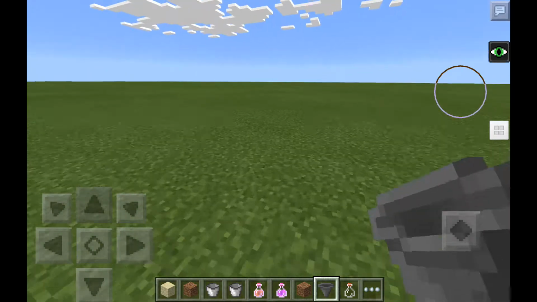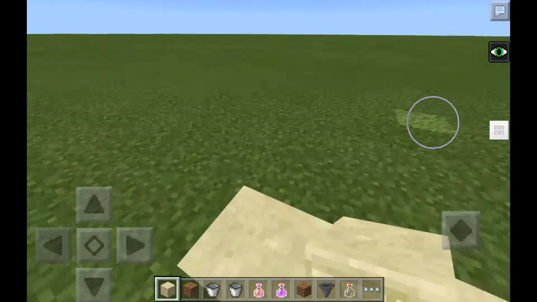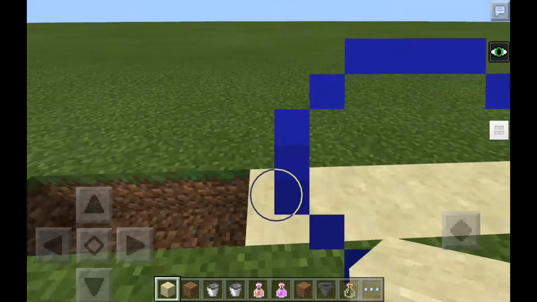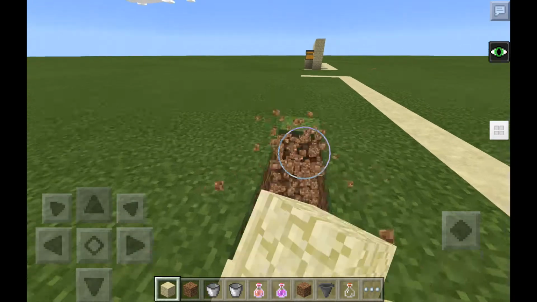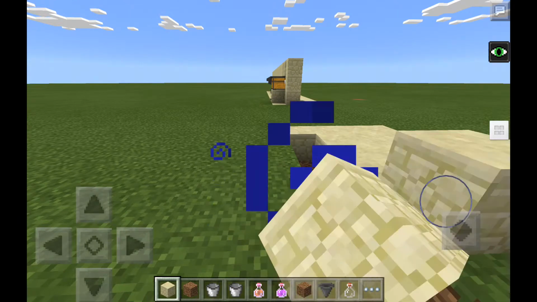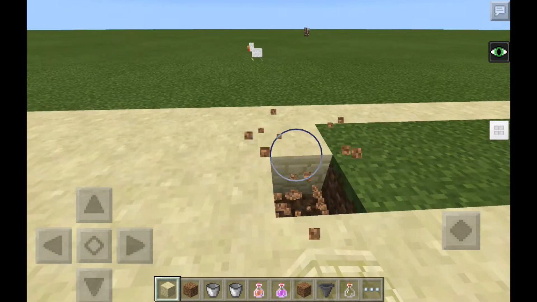Alright, so you're gonna want to make a 4x16 area with whatever block of choice you want. So 2, 3, 4, 5, 6, 7, 8, 9, 10, 11, 12, 13, 14, 15, 16. Okay. Now, after you fill in this area with whatever block your choice, you will grab out, well, let me finish this first and then I'll tell you guys what you're going to need, and then I will